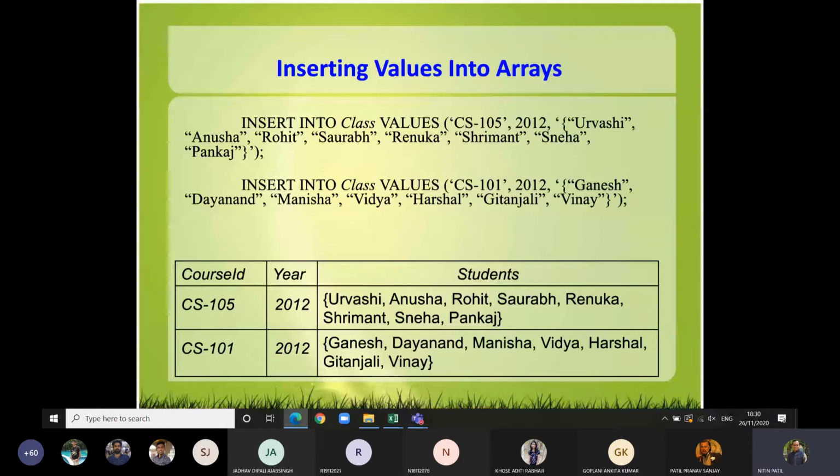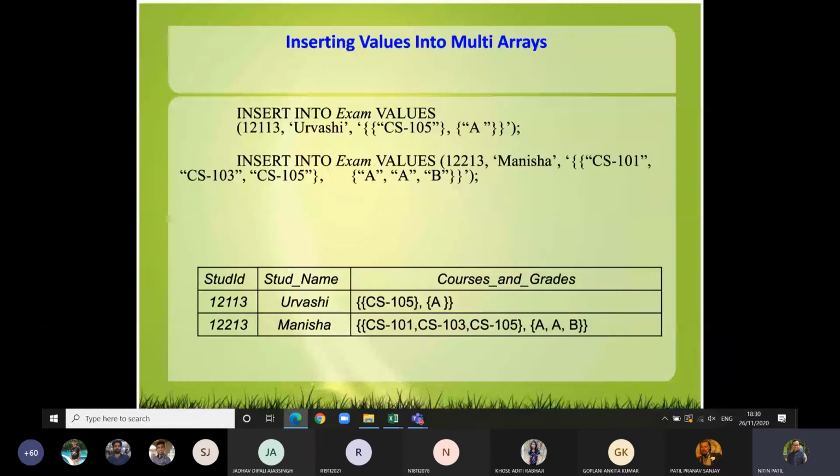Let us see. You apply it this way. For example, for your first element, let us say we wish to include Urvashi. So course ID would be there in the first pair of brackets, and then you are inserting grade. Now see the syntax. This is to be inserted into a pair of curly brackets. Now as strings are involved, you are going to make use of it this way.